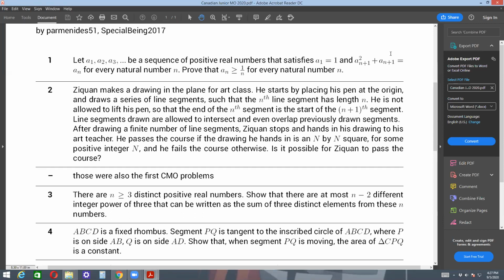Yeah, not sure. Okay, so let's see. an plus 1 squared plus an plus 1 is an. And an squared plus an would be an minus 1. If you subtract those,